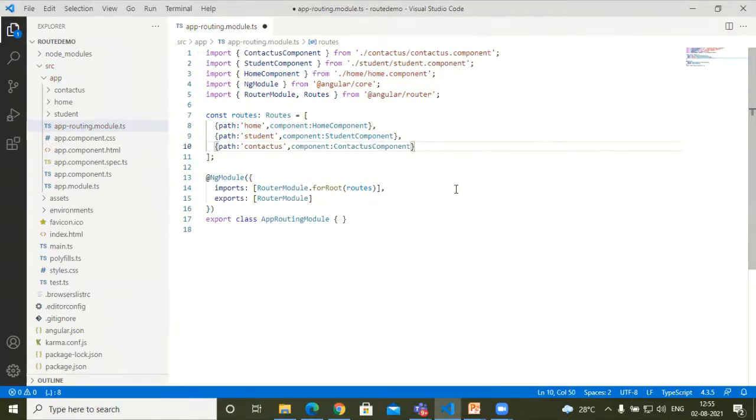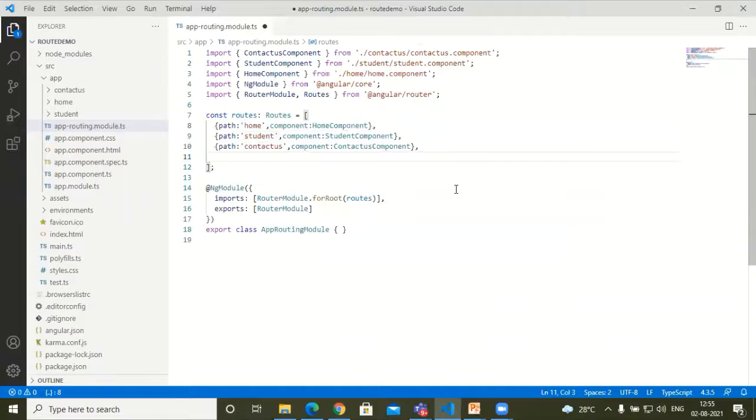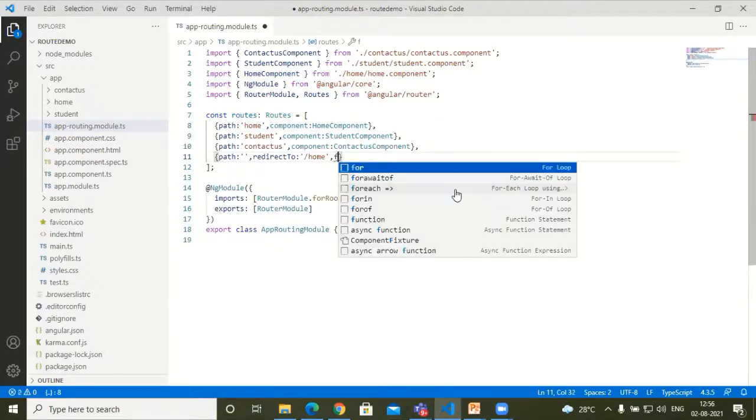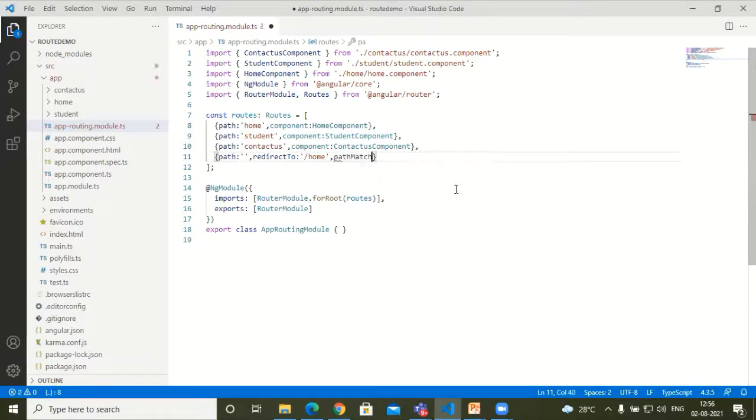So these many routes we have created, but I may or may not give the path, because we will be starting with the plain server name. That time the blank path needs to be provided. If the blank path is entered, that time I should redirect my navigation to a page. Which page will it navigate to? It will navigate to the home component, and accordingly whatever path you have described for the home component, it should match fully.